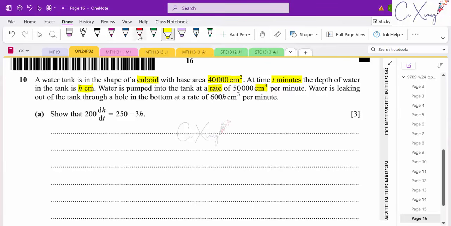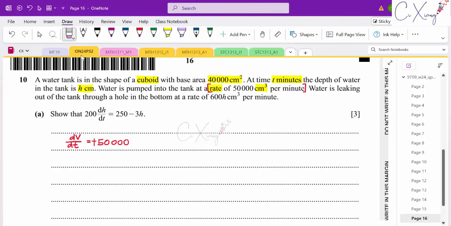So here they are talking about the rate of a volume, right? Of the volume of the cuboid or the water tank. Okay, so for this particular sentence here, I can write out some symbol which is dV over dt. So when you're seeing the rate, that means something over dt, and they're talking about the volume of the water, right? So it should be dV over dt equals 50,000. So I just write 50,000, and this 50,000 should be a positive value, just that we didn't write it out,